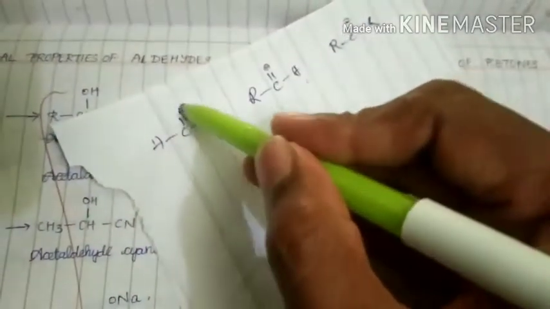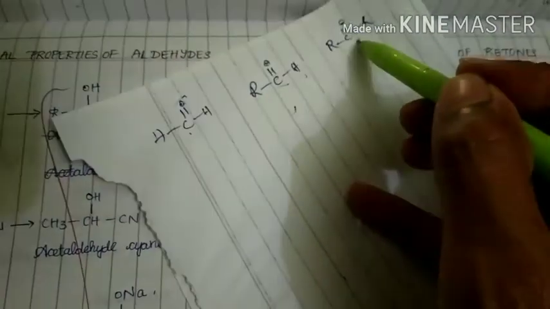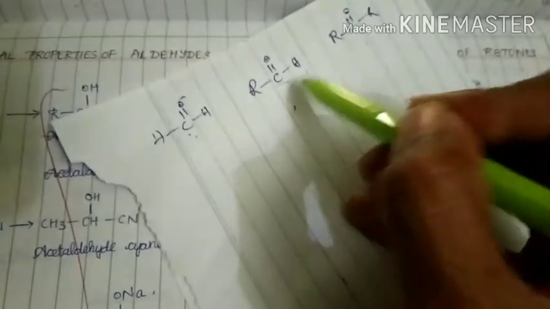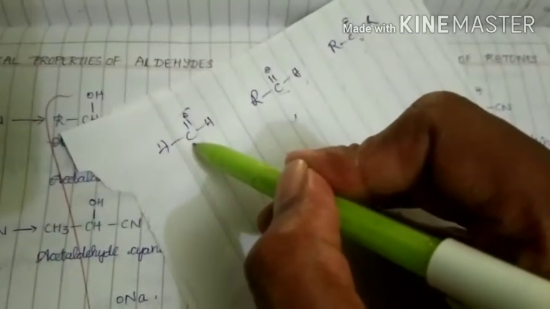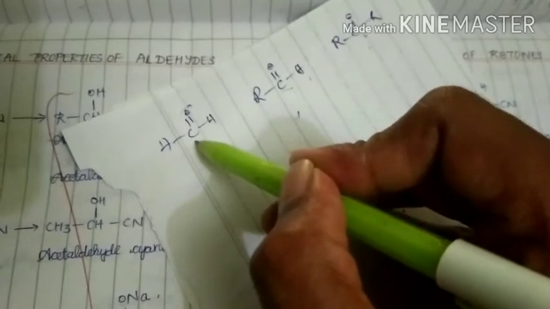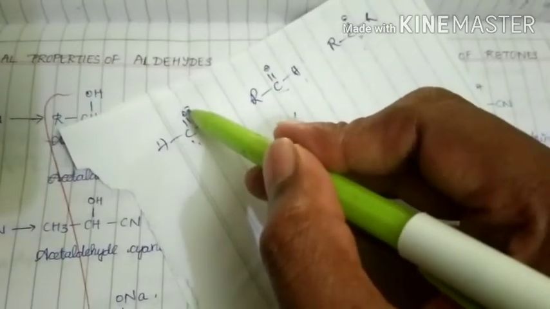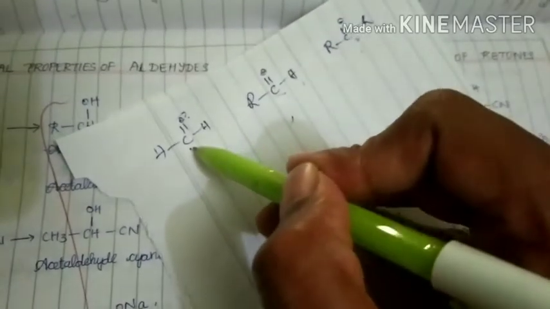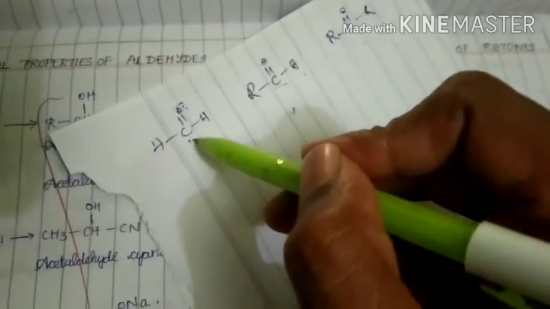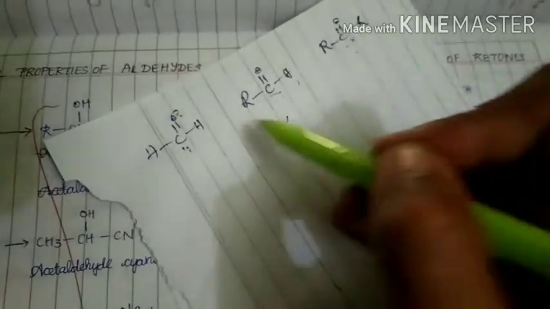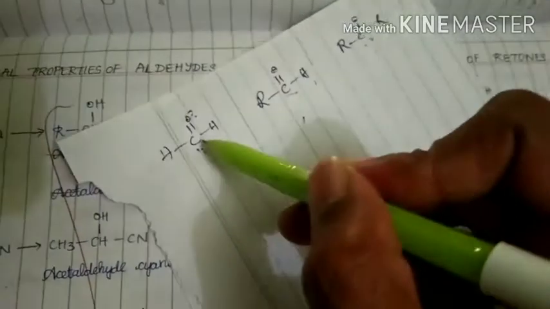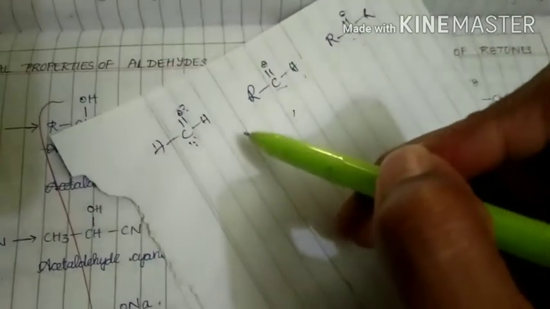See, this is the carbonyl carbon. Here, in all compounds, carbonyl groups are present. We know that this carbonyl carbon gets a partial positive charge because, compared to carbon, oxygen has more electronegativity, so electrons readily move towards oxygen, thereby carbon exhibits a partial positive charge. Nucleophiles come to that carbon atom because nucleophiles exhibit negative charge and carbon gets positive charge. Every time the negative part attacks the positive part.